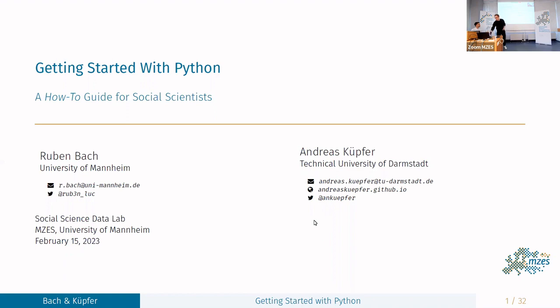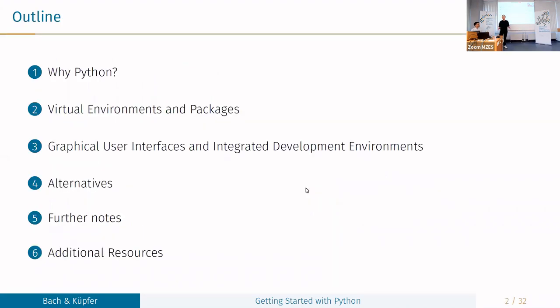As an overview, we will briefly talk about why we may want to use Python when we already have a language that many of us probably already use. Then about virtual environments and packages, how managing those works in Python, about the different GUIs and IDEs, some alternatives to using Python directly, and some additional resources.